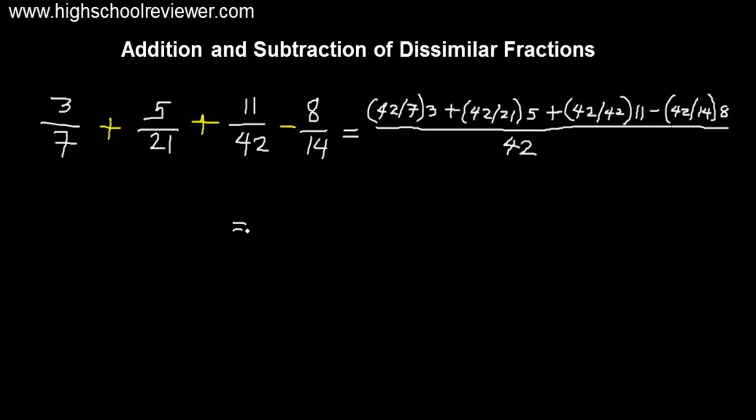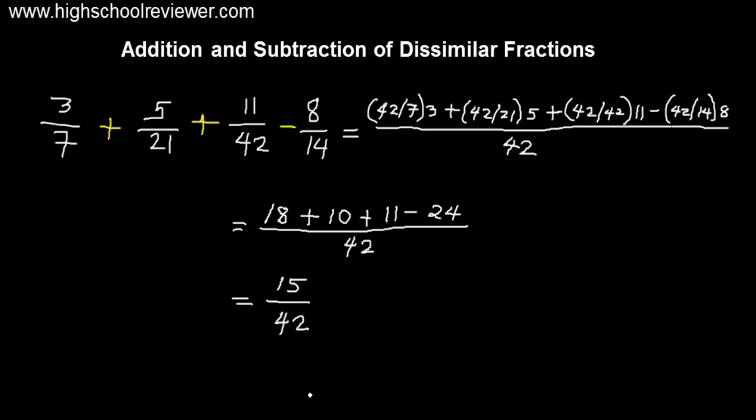Okay, let us now perform the operations. 42 divided by 7 is 6. 6 times 3 is 18. Plus 42 divided by 21 is 2. 2 multiplied by 5 is 10. Plus 42 divided by 42 is 1. 1 multiplied by 11 is 11. Minus 42 divided by 14 and then multiplied by 8 would give us 24. And divide this by 42. 18 plus 10 plus 11 minus 24 will give us positive 15 all over